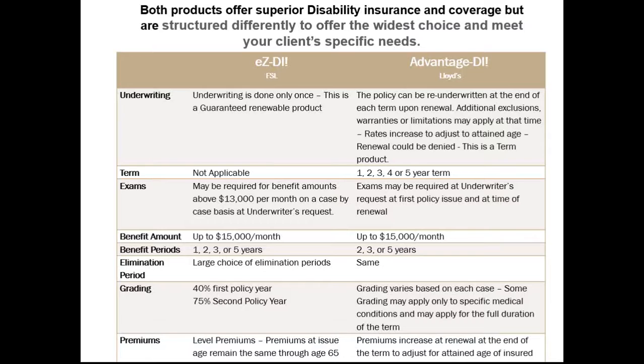Exams on the Advantage, we may get that right at the beginning, or we could do it upon the renewal. Both policies will issue up to $15,000 a month. If needed, if you have a high-income earning client that has an impaired disabling sickness or accident or something like that, we can stack this to give them a total of $30,000 per month. On the benefit period, again, it's a 1, 2, 3, or 5 on the EZ,